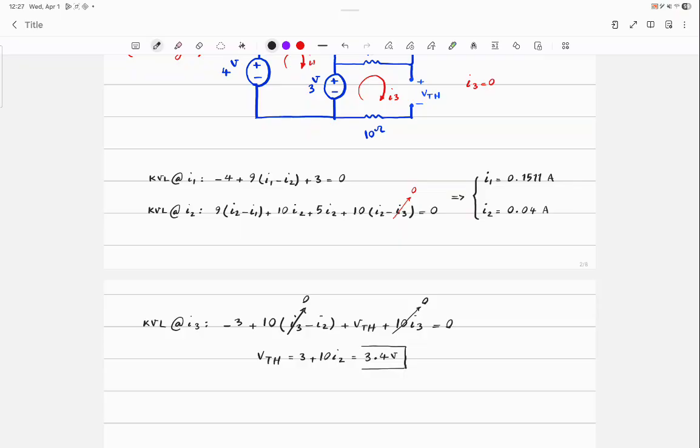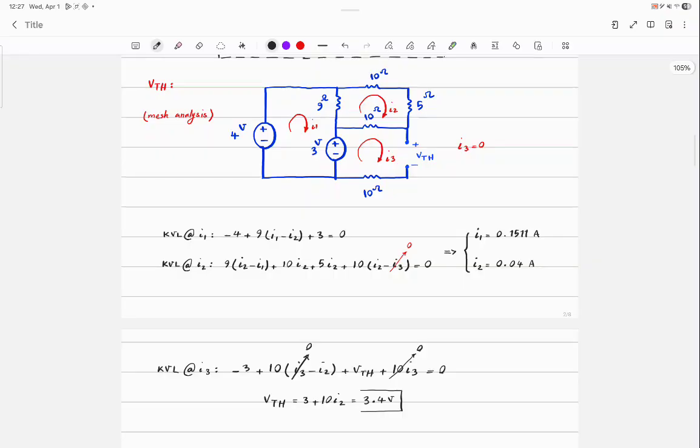We found VTH, okay? One thing that one student did, and I sort of liked it. I never did it this way, but it was interesting. For the 3 meshes that you assigned initially, we wrote only two equations. Why didn't we go for the third equation to write a KVL at I3? Because I3 is known, right? But what if you write the KVL for the third mesh, knowing that I3 is known, but it will add